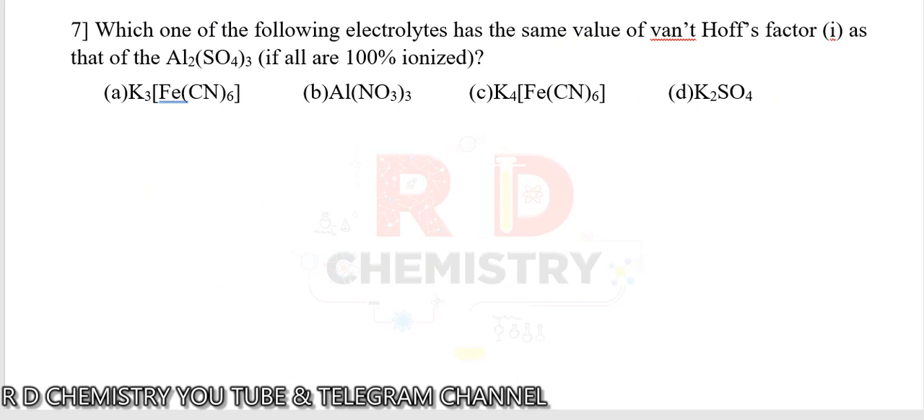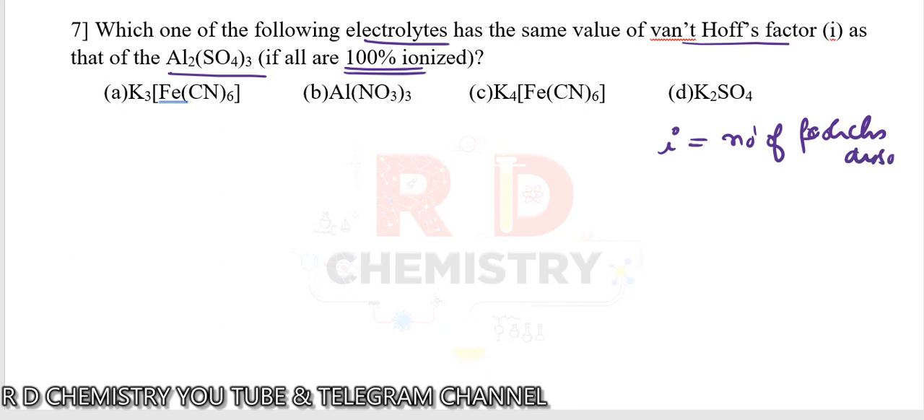Question number 7. Which one of the following electrolytes has the same value of the van 't Hoff factor i as that of aluminum sulfate, if all are 100% ionized? What is the van 't Hoff factor? The van 't Hoff factor is equal to the number of particles after dissociation divided by the number of particles before dissociation. Okay, before dissociation we will take 1 mole of the substance. So you calculate the total number of ions produced. So the first one produces 3 moles of potassium. These are coordinate compounds. Then the remaining